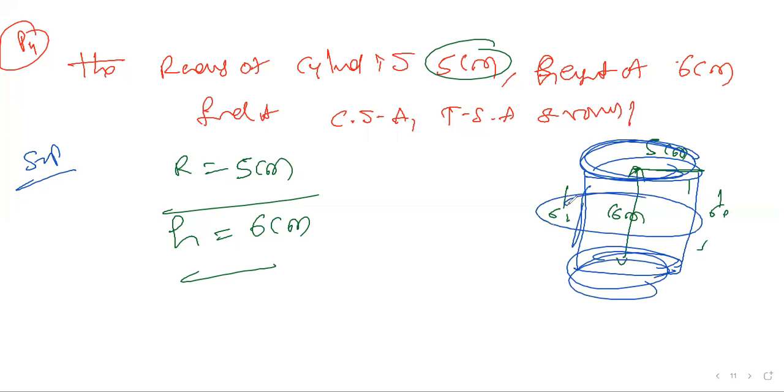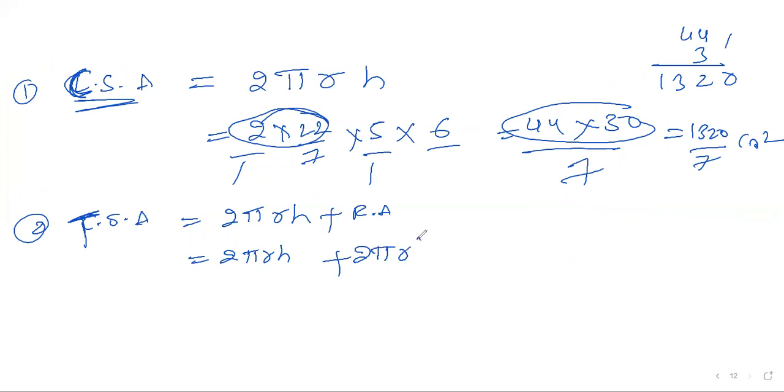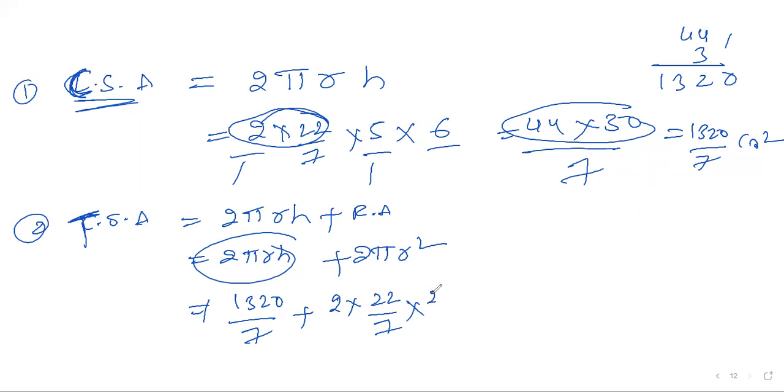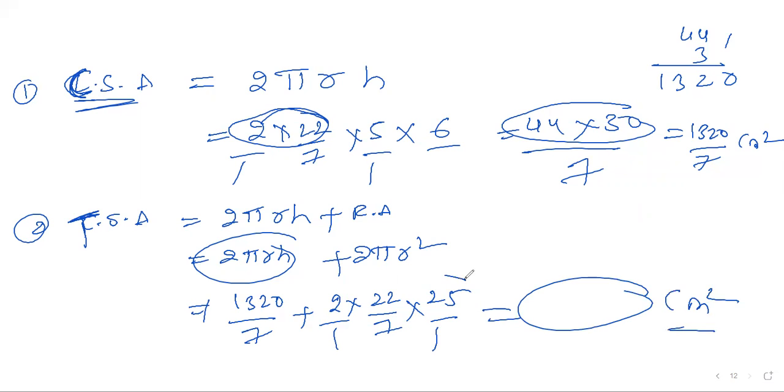Previously, for this side nature, you found the area. Now you need to close the two caps. So pi r square plus pi r square, 2 pi r square. This is their duty to do. What's the 2 pi RH value? 1320 by 7. 2 pi r square: 2 into pi r square, 22 by 7. R square means 5 fives are 25. Okay. You can simplify and you'll get an answer. I don't want to do it; you can continue that. Centimeter square. This is the TSA of your cylinder.